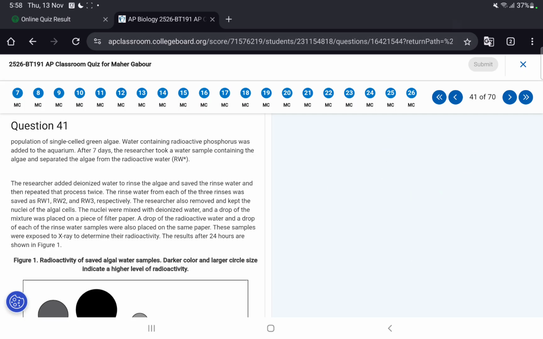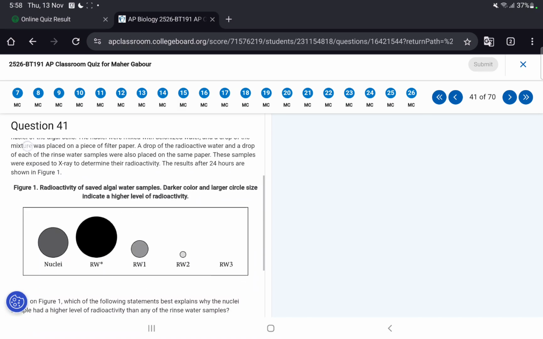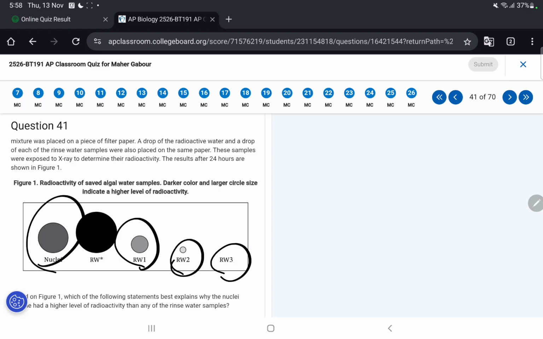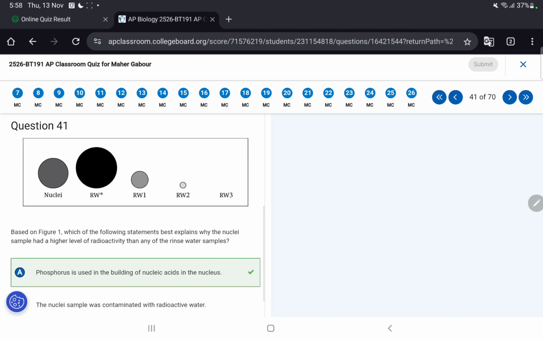And what happened was, you see, the darker and bigger it is, the more radioactive it was. So these are the rinsed water samples, and this is the nucleus sample when it got extracted. Notice how the rinsed water samples are less radioactive than the nucleus. That means that phosphorus was used in the building of nucleic acids in the nucleus, because